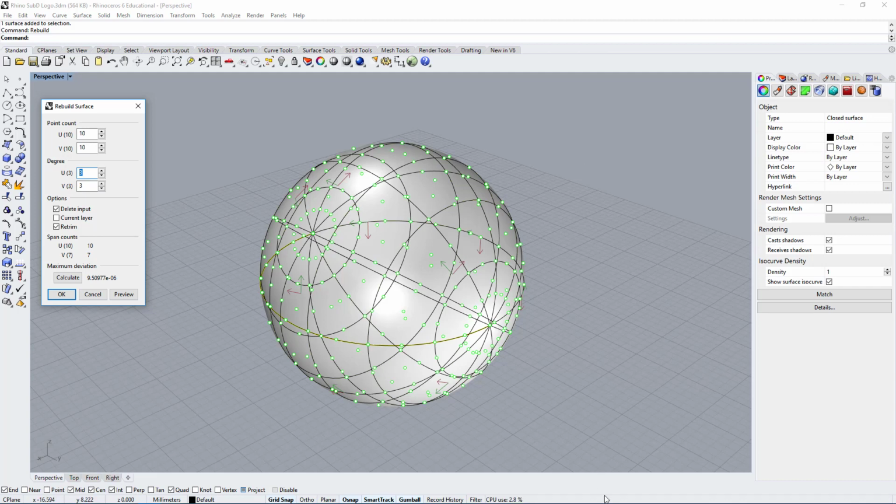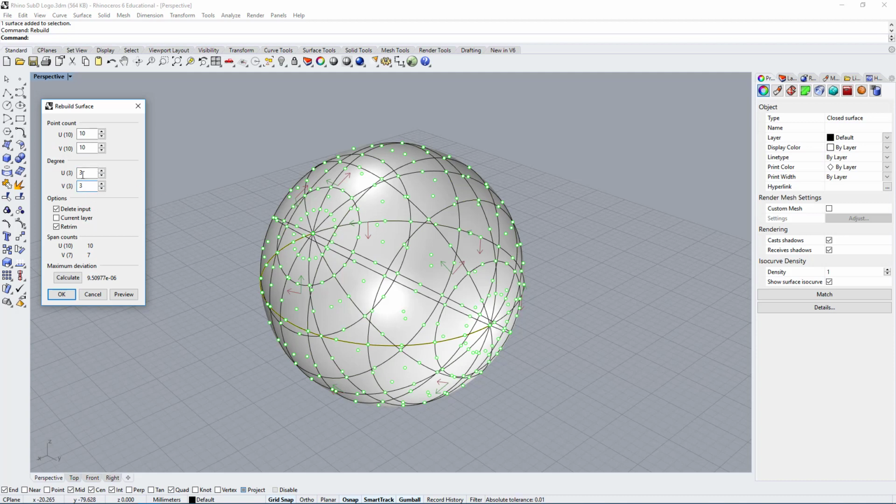So when we do freeform modeling, we would always create a surface and rebuild it so that we are sure that we have degree 3, unless you already know it's a degree 3 surface, which, if you use degree 3 curves, you would get a degree 3 surface. So sometimes you do not have to rebuild your surface.